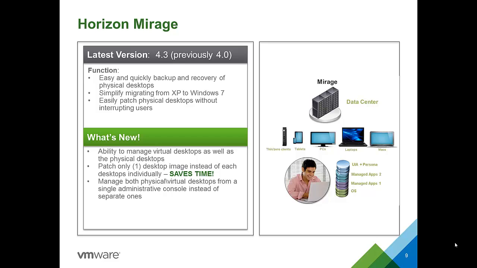Horizon Mirage, current version 4.3, previously 4.0. The main function of Mirage is to easily and quickly back up and recover physical desktops. This relates to quicker recovery times and reduced workforce downtime, saving time and money for the company. Simplifying the process of migrating desktops from XP to Windows 7, which is a major problem that many companies are